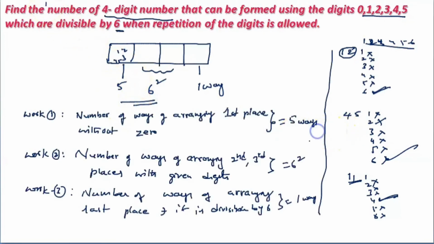Work 1 is done in 5 ways. Work 2 is done in 6 square ways. Work 3 is done in 1 way. So the total number of ways